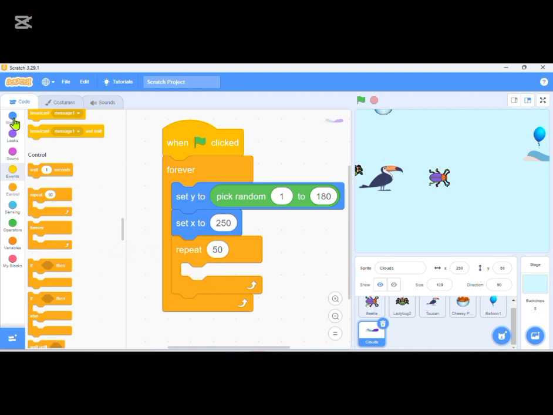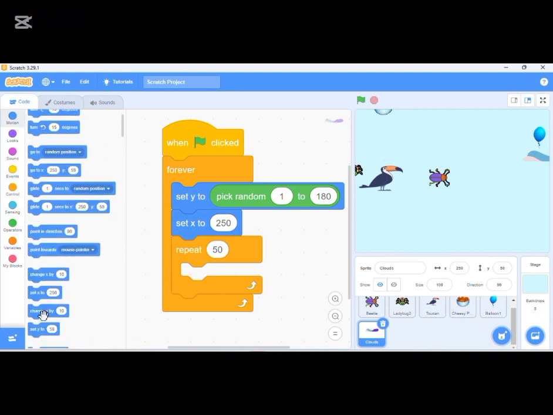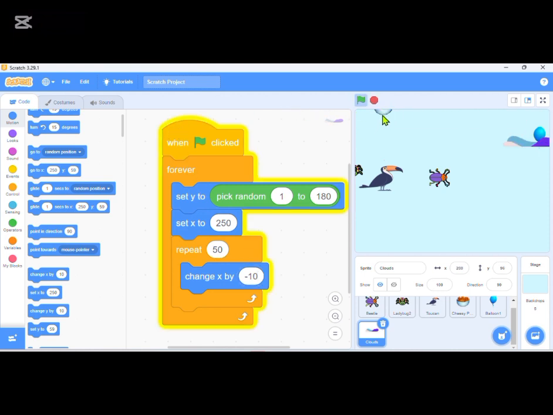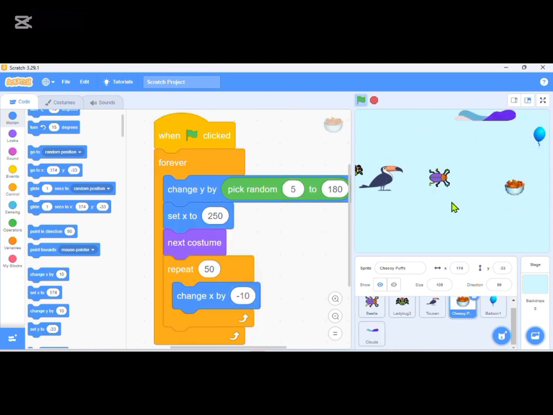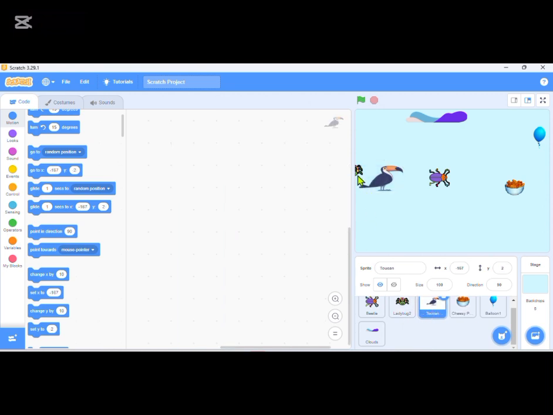So change motion by movement, change X by minus 10. Let's see if that works perfectly. Exactly. Perfect. Everything is working as planned. Very good. Now it is time to do the scratch for the bird or the parrot